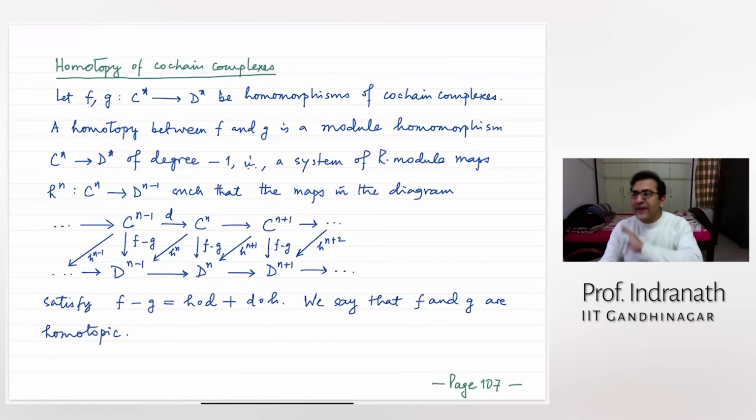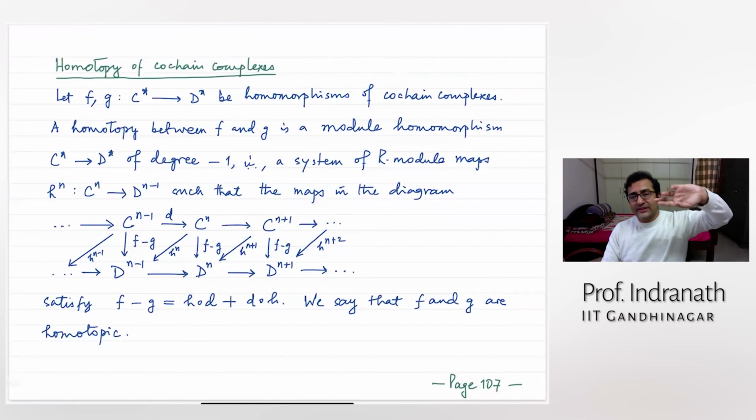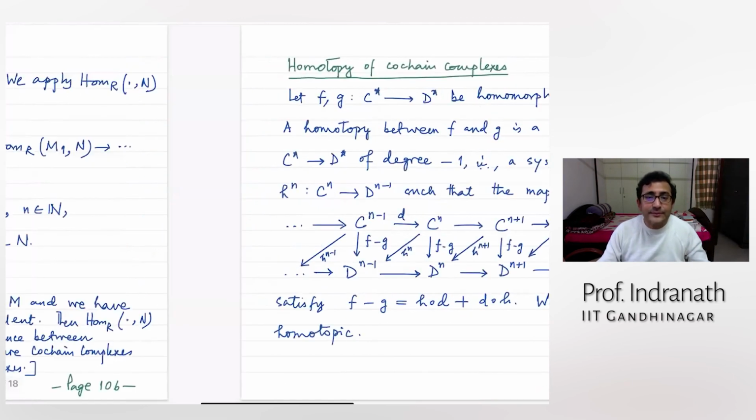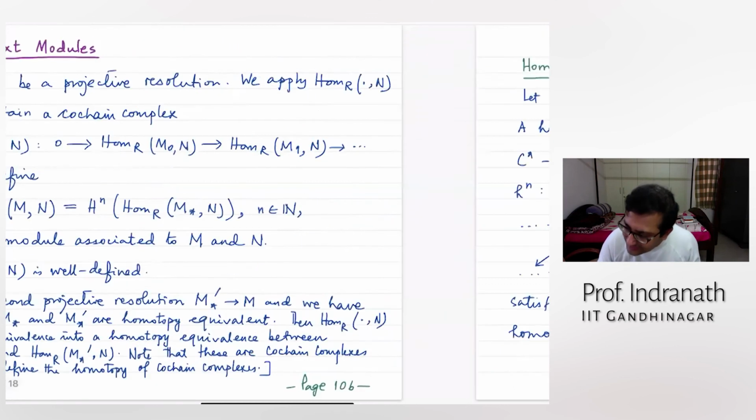Okay, but every other thing, what we had done for chain complexes and homology, if you just flip the arrows and take care, you will have the same version for the cochain complex and cohomologies. Same arguments go through. And remember, your Hom functor will actually flip it. So Hom of that dot comma N, right? Remember? Because of the contravariant nature.